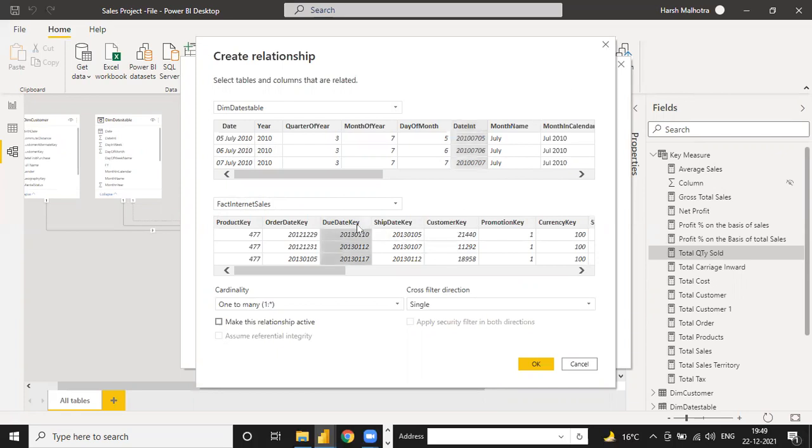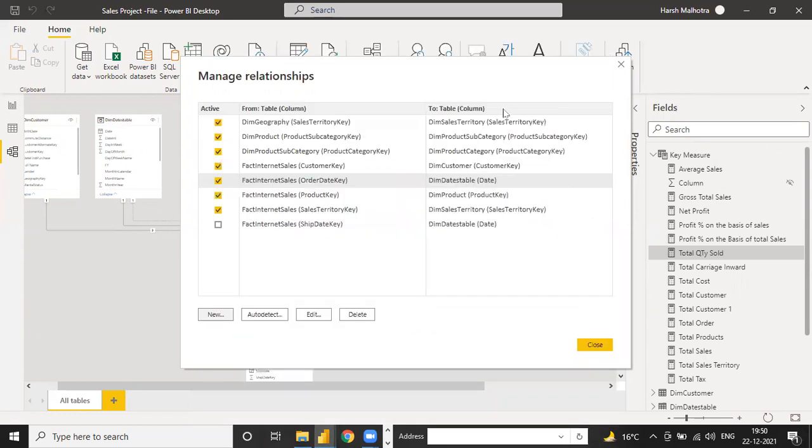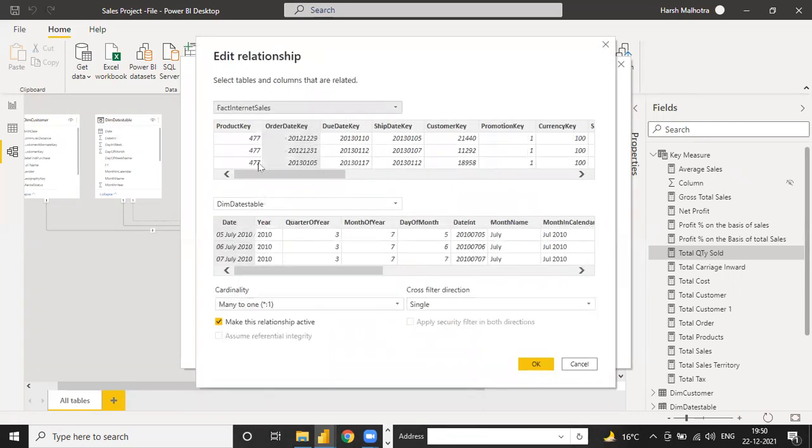Now I understand. This one is too many, active. Okay, so this one is the date table. Just click on this edit and see, guys, here if we connect order date to date, it means the date format is not the same.